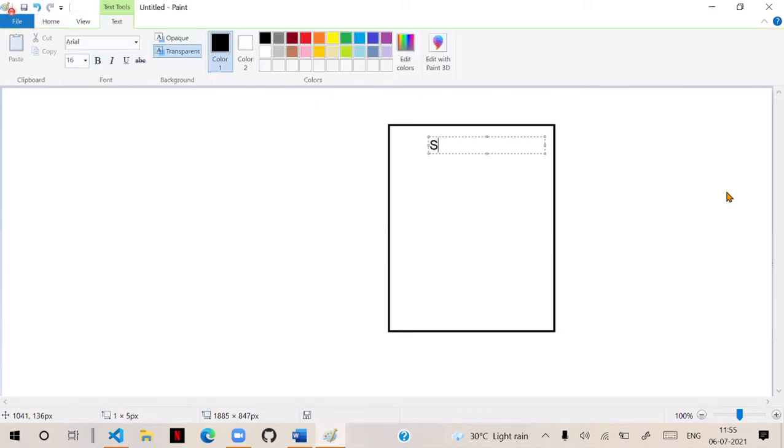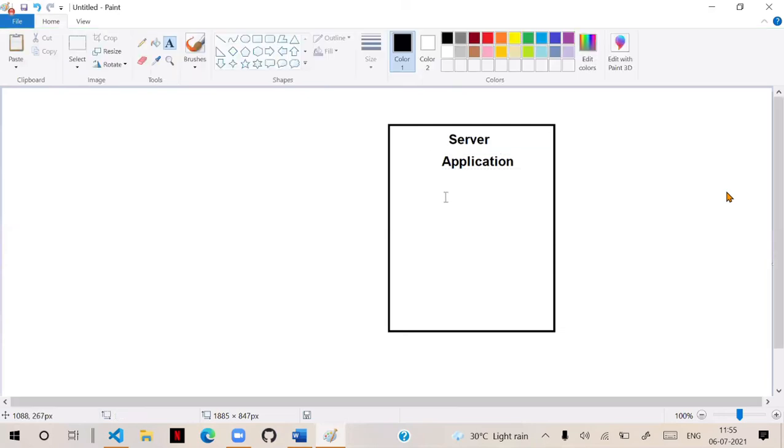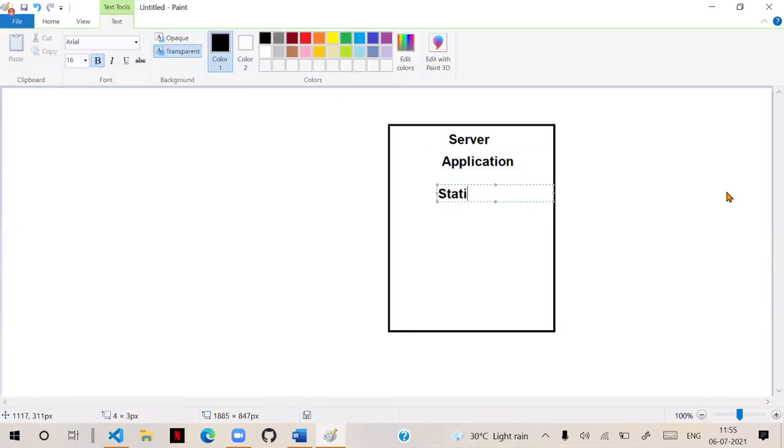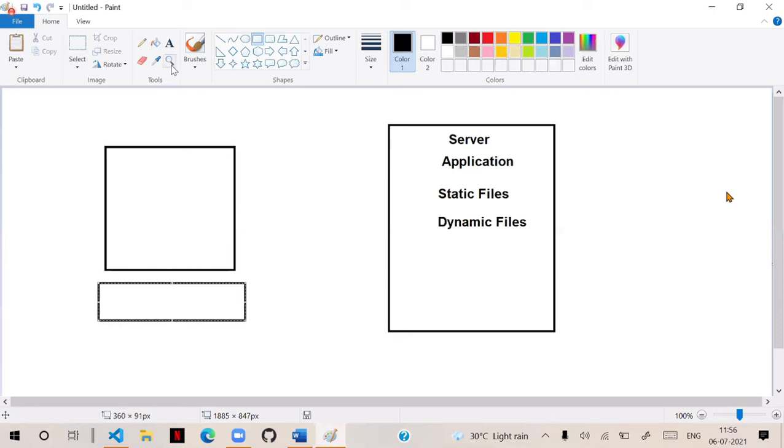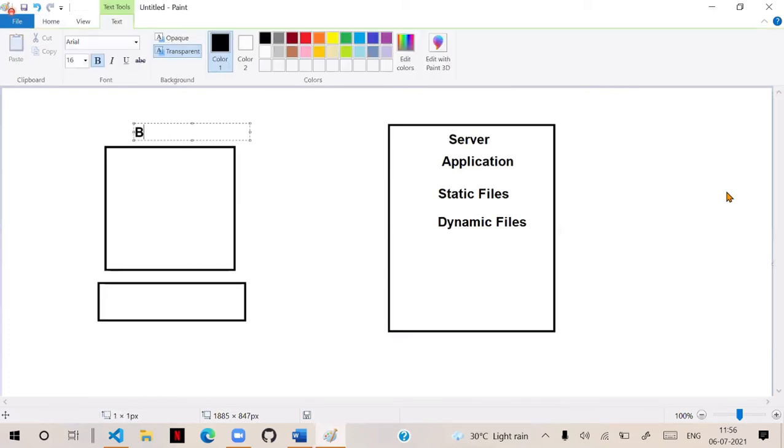This is our server, and on this server we have a project, that means we are creating an application. In this we have static files, and we have dynamic files. Now this is the user, and the user is using a browser.